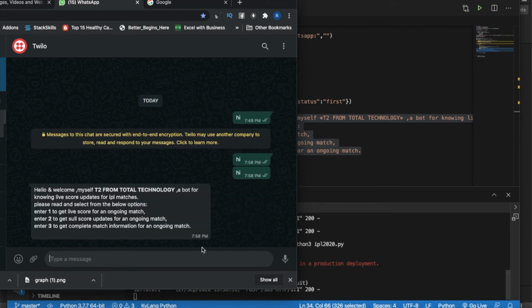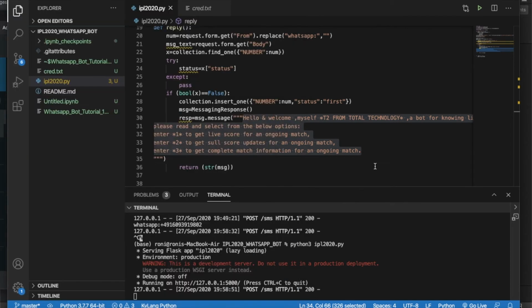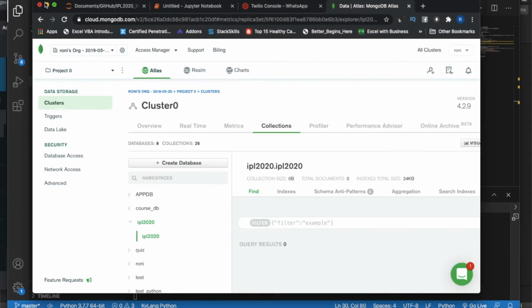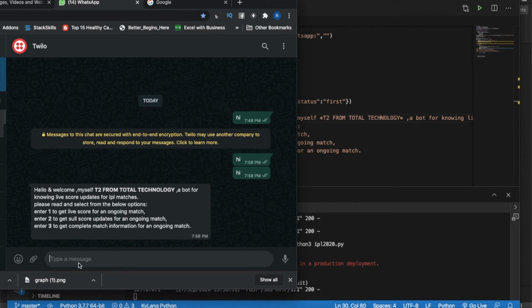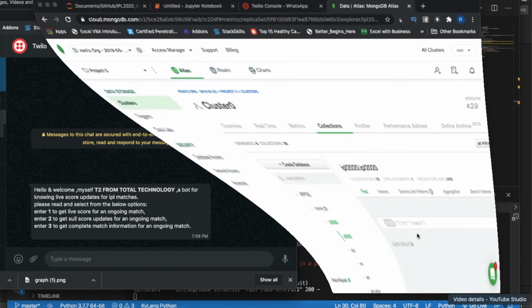If I write hi, see, I got something over here. Hello, welcome, myself T2 from Total Technology, a bot for knowing live scores for IPL matches. Please read and select from below. And if you see 1, 2, 3, these are bold. Why bold? I have used this asterisk sign or star sign, so that is why. Now I'll show you from here.